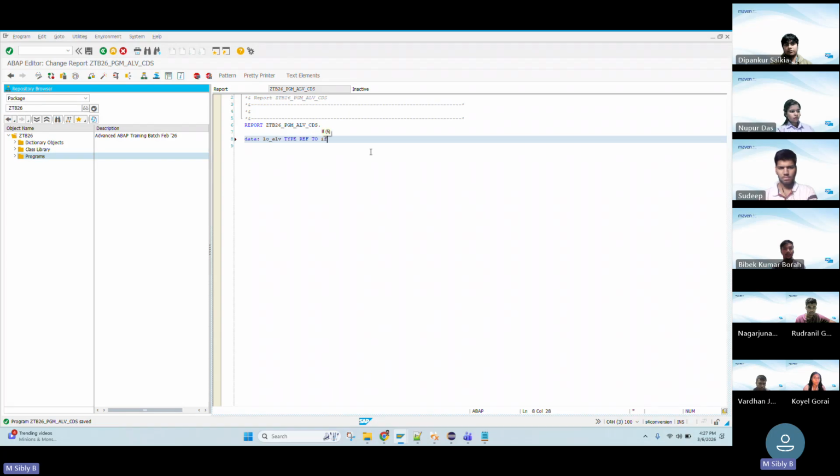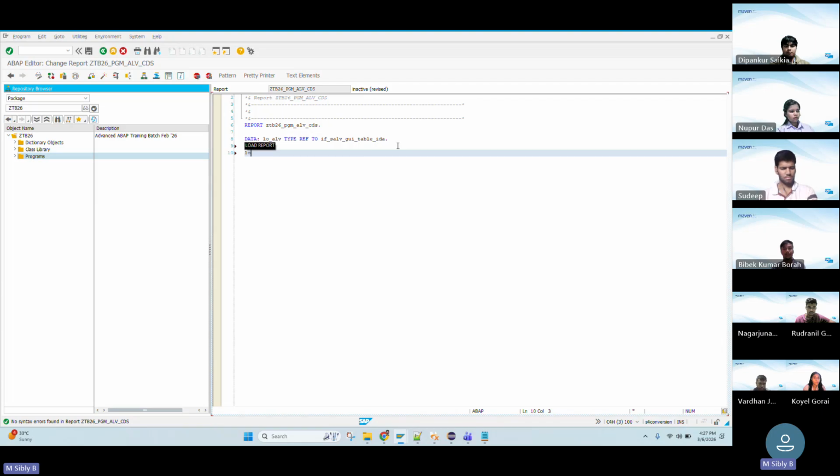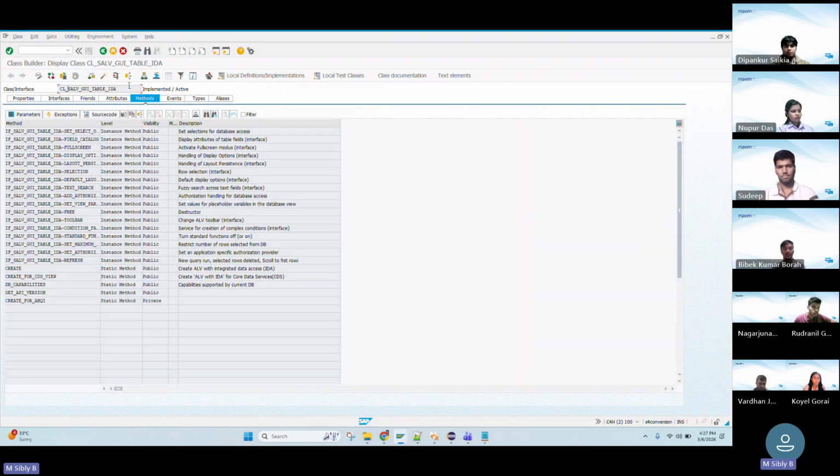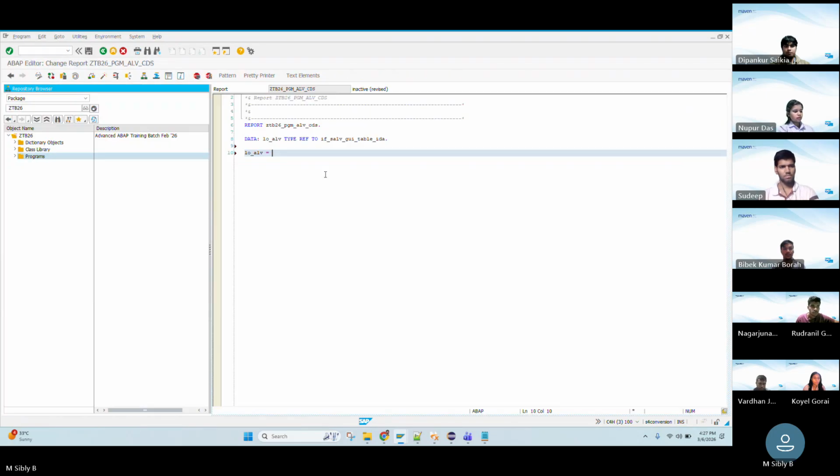Type ref to if. Just checking. Okay, there is no syntax error. If SALV GUI table IDA is type ref to, and I'm just using LOALV equals, calling this method